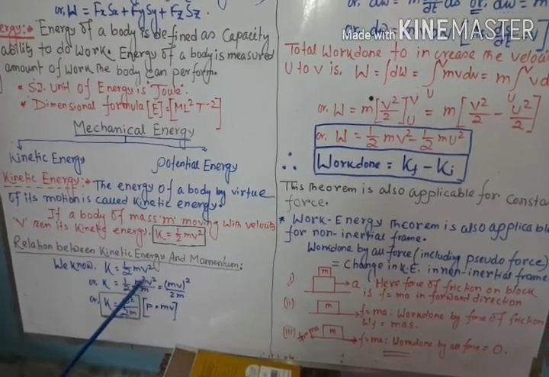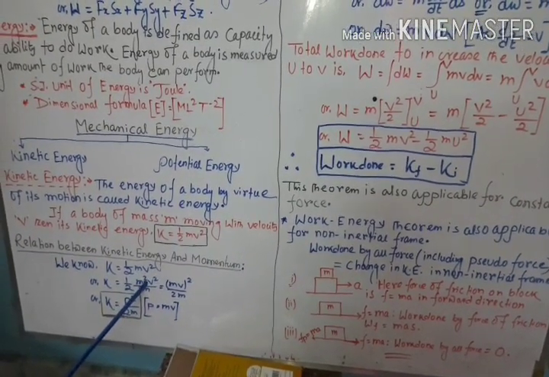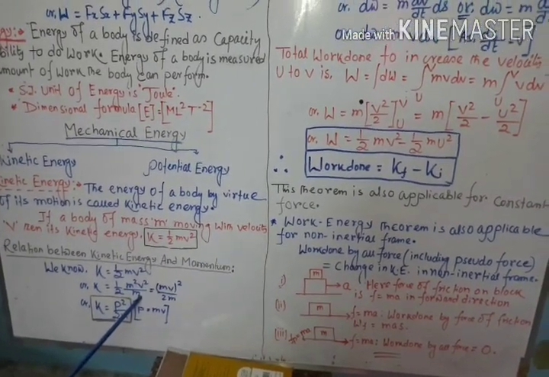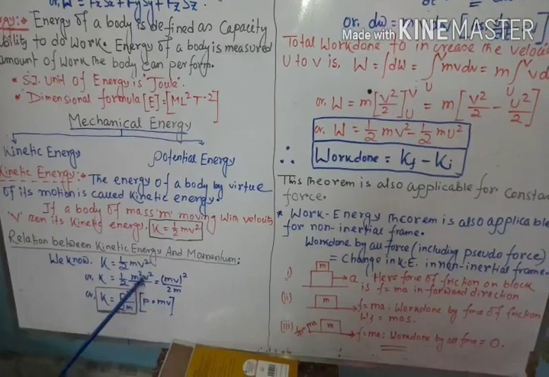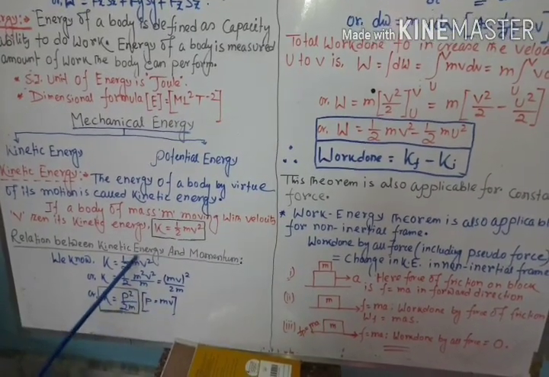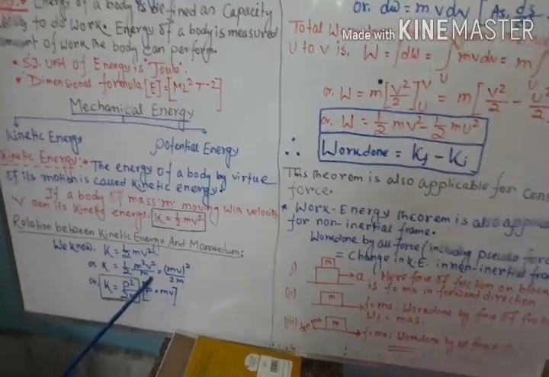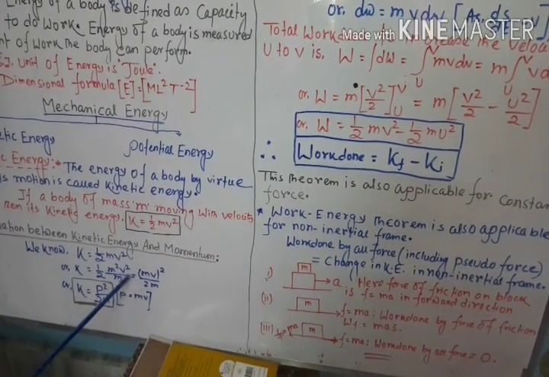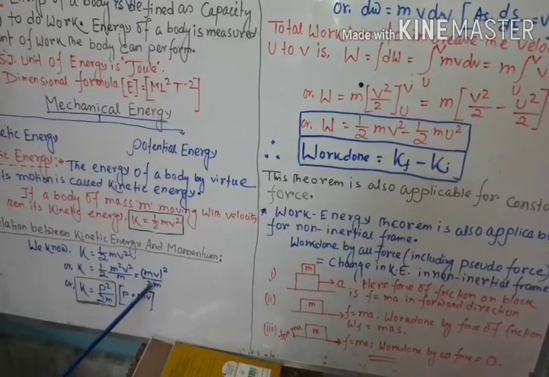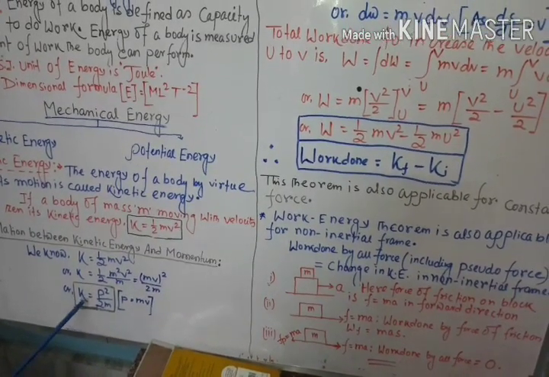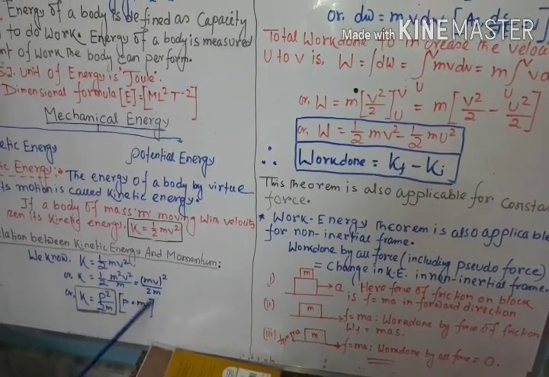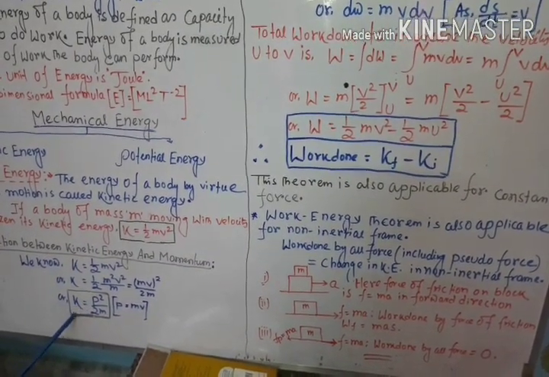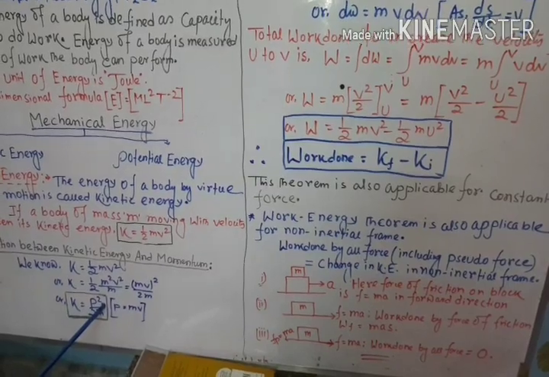How? We just multiply this expression by m and also divide it by another m. So if you cut one m here and here, it remains the previous expression. That's why in place of m squared v squared, we can write (mv) whole squared, and mv is the linear momentum. So therefore kinetic energy K equals p squared by 2m. This is the important relation between the kinetic energy and linear momentum of a body.